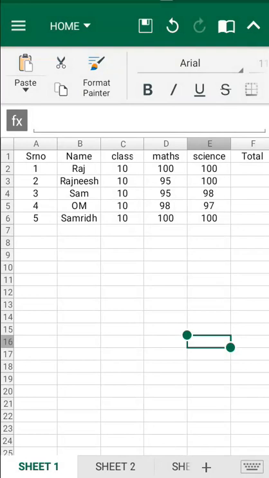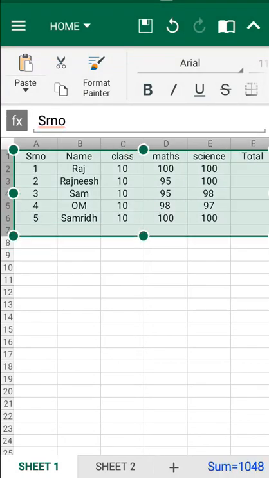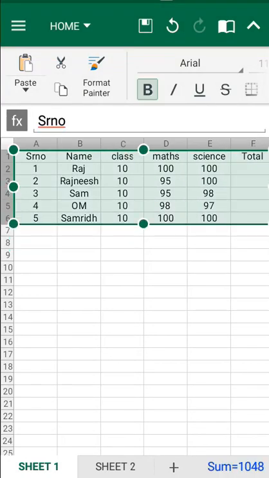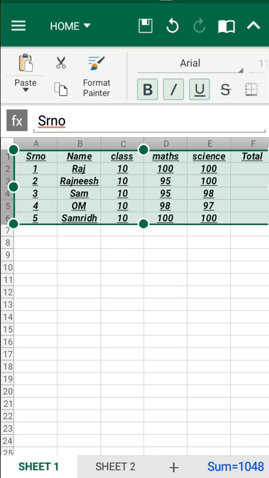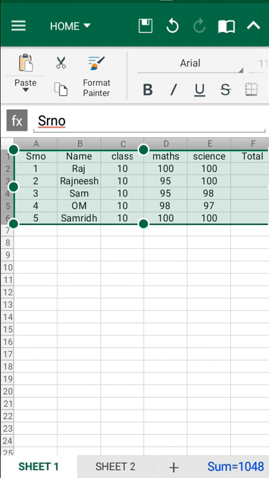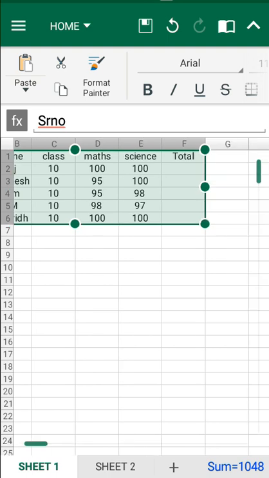If I want to bold something, I select it and click on bold, so it gets bold. If I click on italics, it gets slanted. If I want to underline, I click on U, so my database is underlined. To disable it, I just double click on it and it returns to its original position.